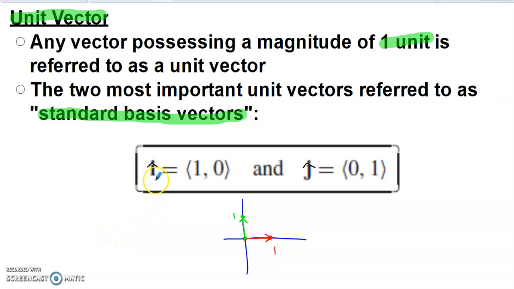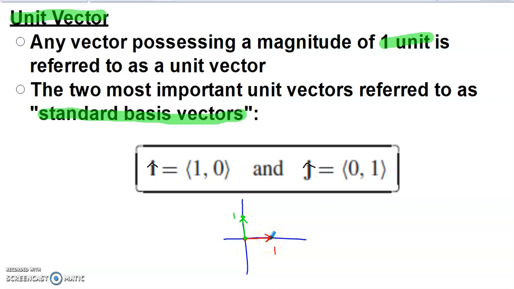If you look at what unit vector i is defined as, it's a vector that has an x component of 1 and a y component of 0. If we did a magnitude calculation for this, we would definitely get a magnitude of 1. And if you think about what unit vector i looks like, it's just going to start at the origin and terminate at (1, 0). So the entire